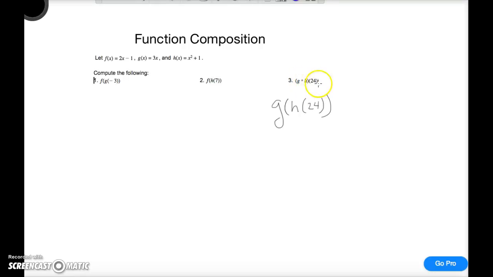That's our innermost function. So these two statements are equivalent, okay? So if you see this notation, know what that means. g composed with h, which is really the same thing we're saying here. We want to find g of h of 24, okay? So first we need to find h of 24,